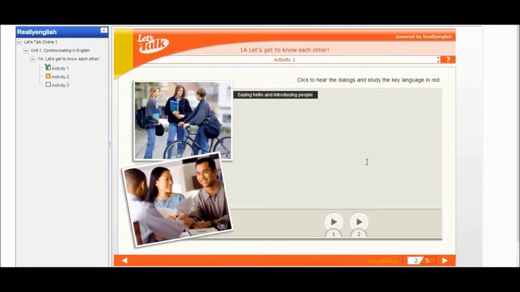This slide asks us to play dialogue by clicking on these play buttons. We will then use the language in the next slides. For example,